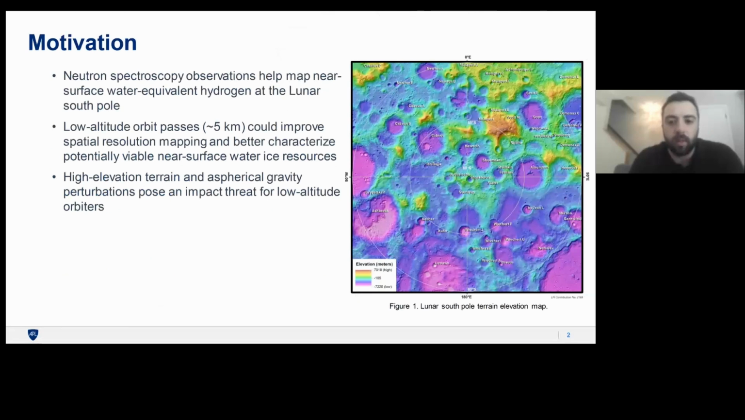So hi everyone, my name is Jackson Shannon. I'm a mission design engineer at the Applied Physics Lab. So this is going to be more of a trajectory talk and mission concept, not so much focusing on the